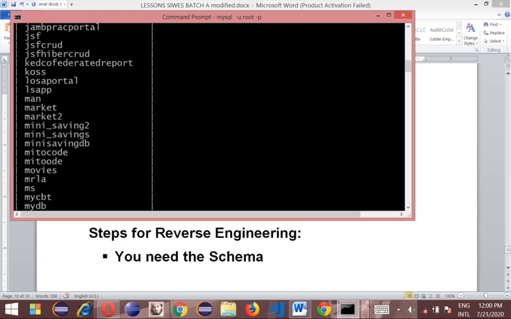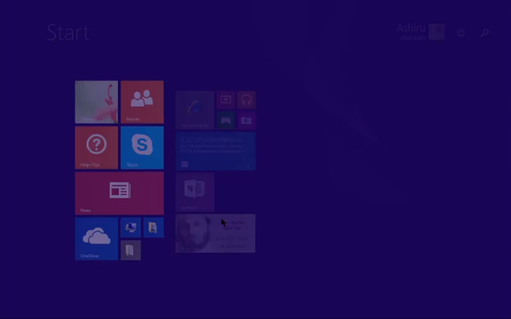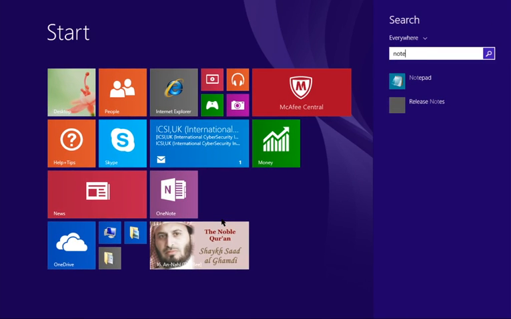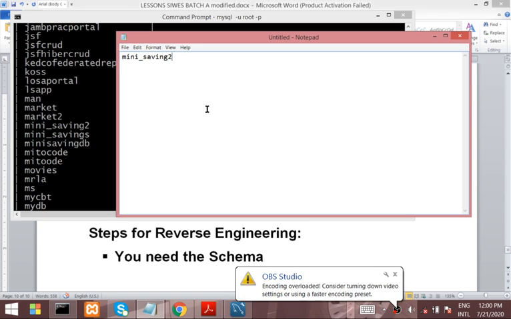Of course, this is the DB. I think this is our DB, the one we created yesterday. Is it? Mini savings tool, right? So let me store the name somewhere, maybe in a notepad or somewhere. Okay, this is where I stored it.